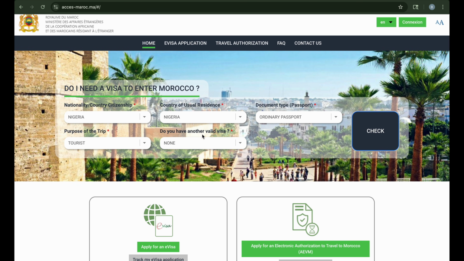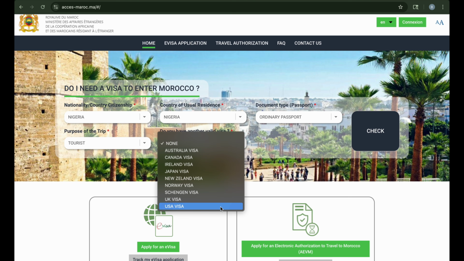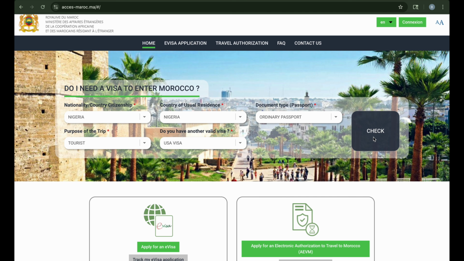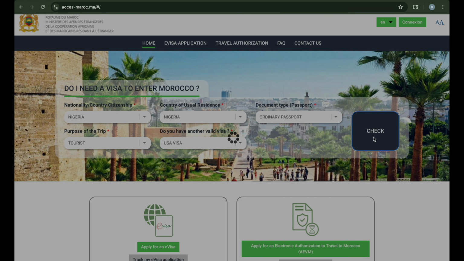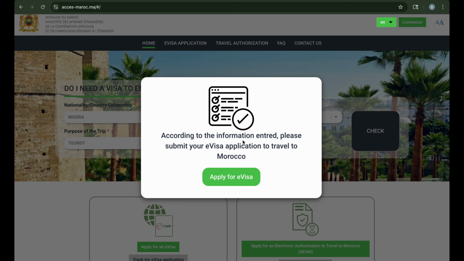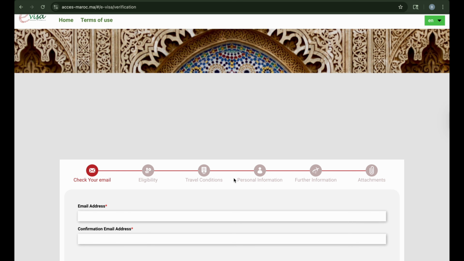So let's go back and now say, yes, I have a valid US visa. So we click on check. Can you see, according to the information entered, please submit your e-visa application to Morocco. So click on apply. Okay,